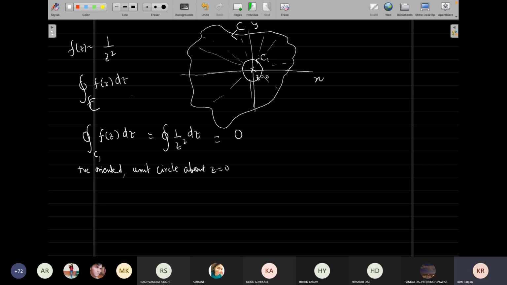So the result will remain valid for any arbitrary contour, since the function other than z equal to 0 is analytic. Look at the importance of this path deformation. I do not need to think about a complicated path or contour over which I am supposed to integrate. I can integrate on something which I know well, and I know my circle's equation very well, and hence I can do this integral.